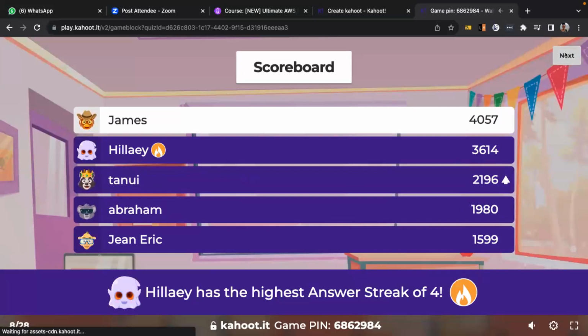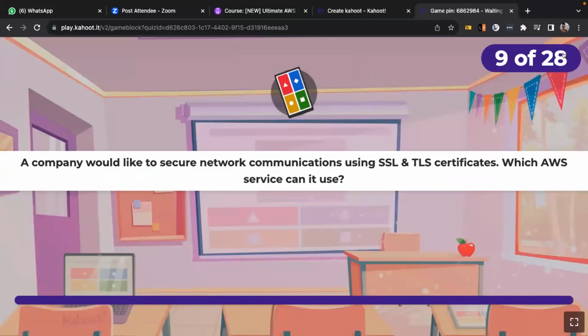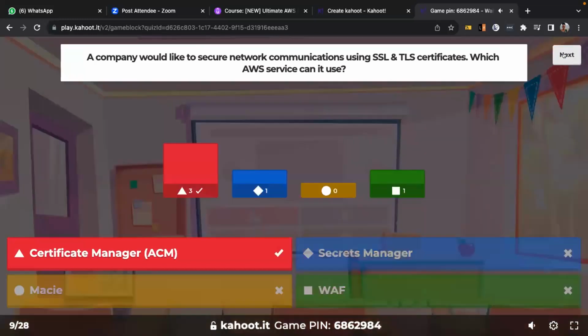Okay, Gemstone and Hillary. Another question: a company would like to secure network communication using SSL and TLS certificates. Which AWS service can it use? Okay, Certificate Manager.